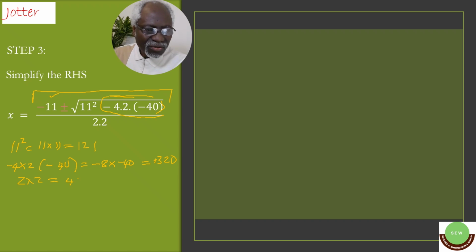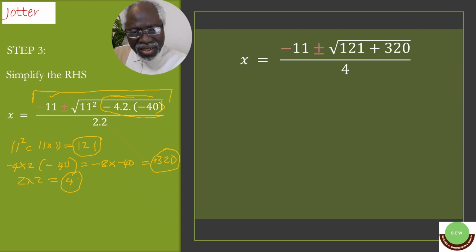So we now put these values into that expression, and we now have x equals minus 11 plus or minus the square root of 121 plus 320 over 4, and